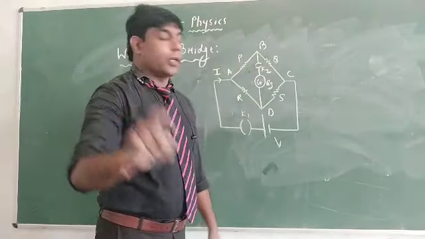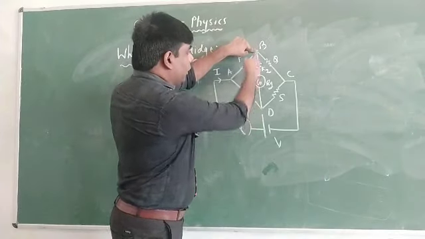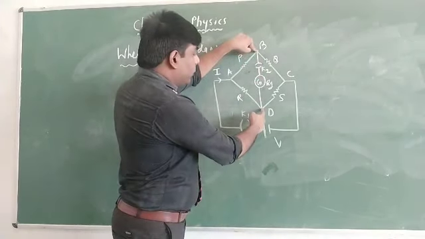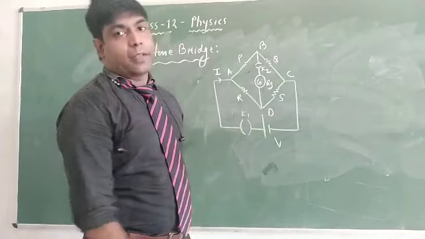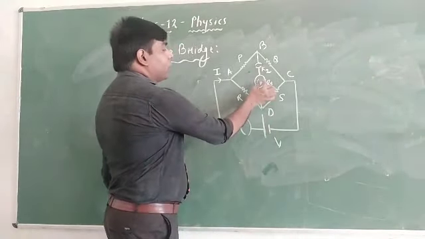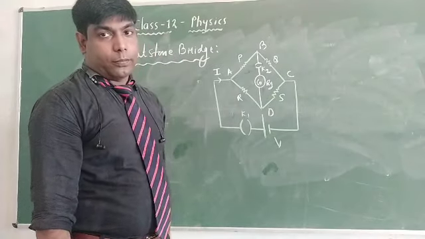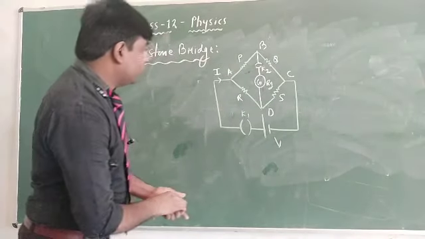Galvanometer will show the presence of current. See, if there is a potential difference here, then current will flow. If the potential difference is the same, then no current will flow. That is, in that condition, the bridge is said to be balanced. See here, Rg is the resistance of the galvanometer. That is, the statement says that